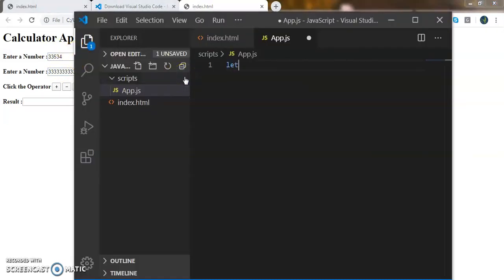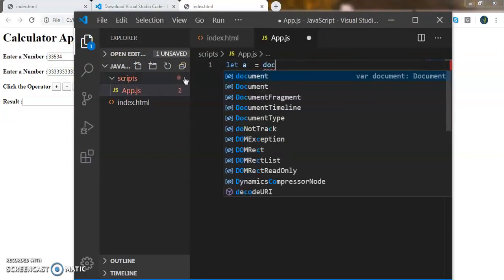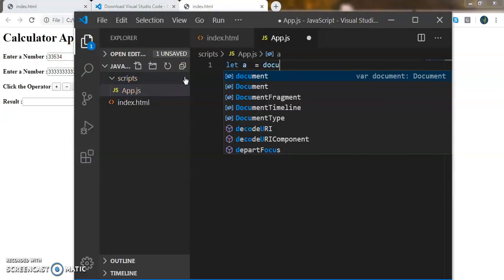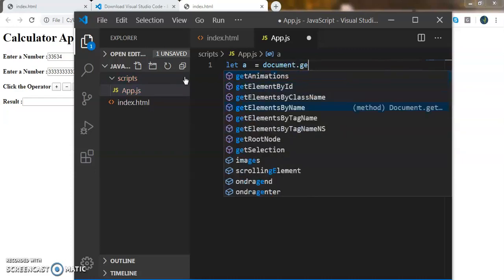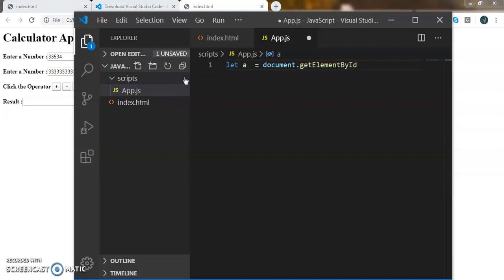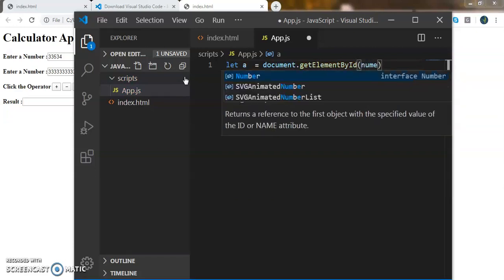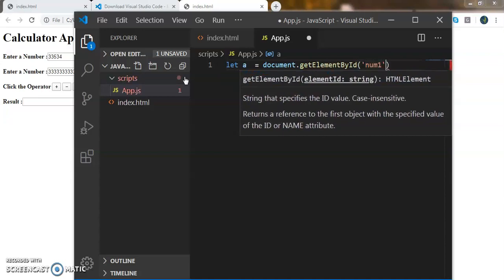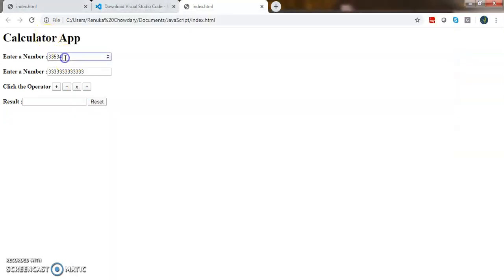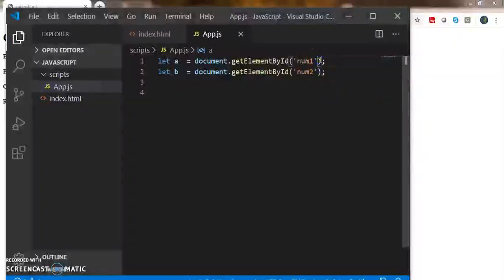So let us say let a is equal to, we have this JavaScript method, document.getElementById. The name of the id is num1. So we are targeting this text. Since we are capturing a text box, we have to read the value of the text box.